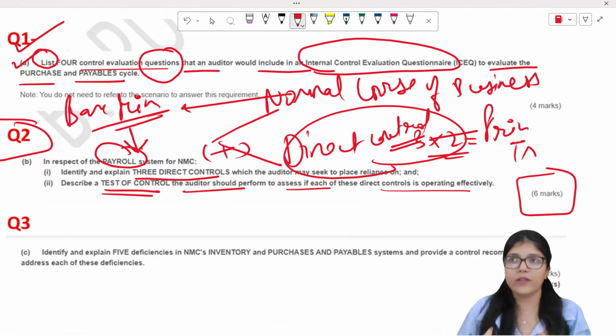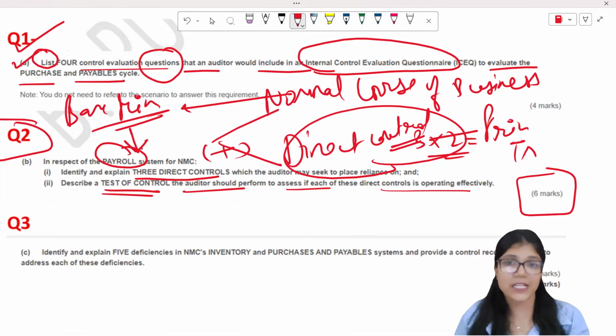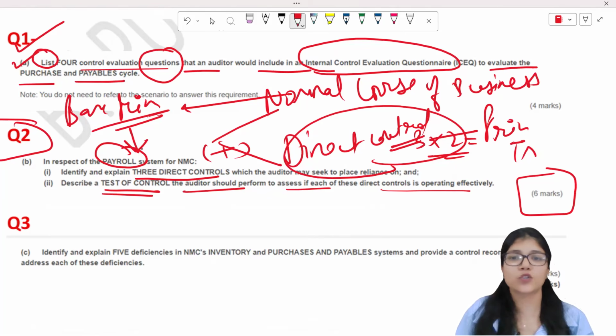So that you give them princess treatment. Similarly, if the organization is going 1 mile ahead of what they should be doing, that is a direct control. I'm saying this because a lot of students do get confused between this, and they feel that normal course of business activities of an organization is doing, that is also direct control.